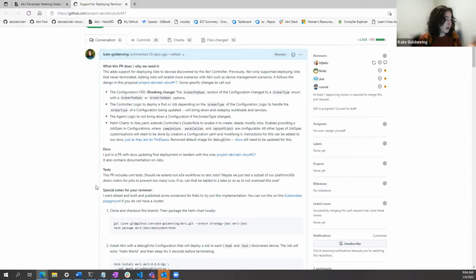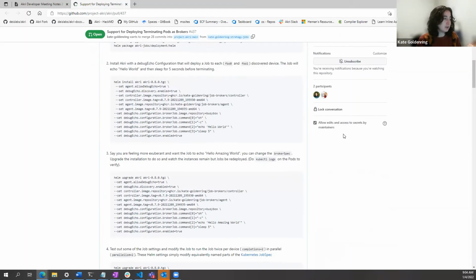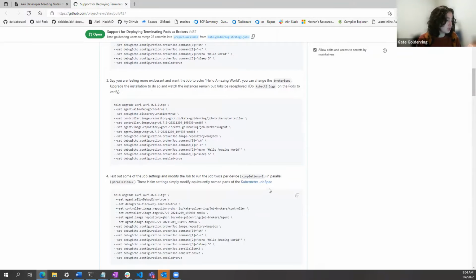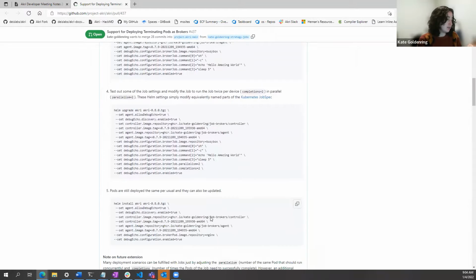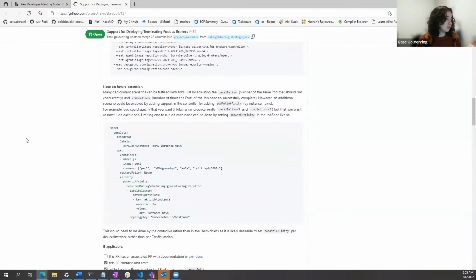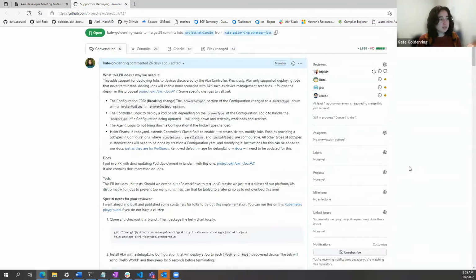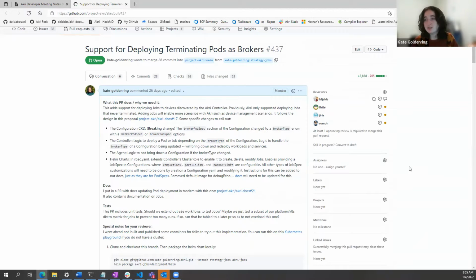So I also pushed the images of the contents of this PR so that you can try it out. So if people are interested in seeing what does a job look like in Akri setting even before it's merged, feel free to try these out in the PR description. And then I kind of discuss like some future extensions that we can take here. And hopefully we can get this in, and then we can make a new release to support this new functionality and start off the new year. Are there any questions about this PR?